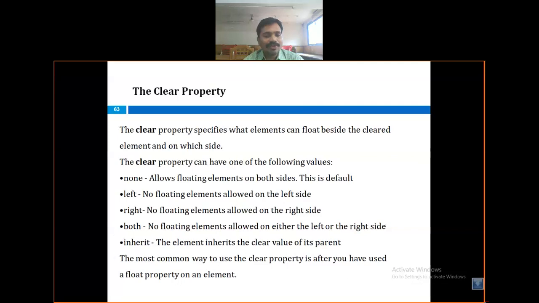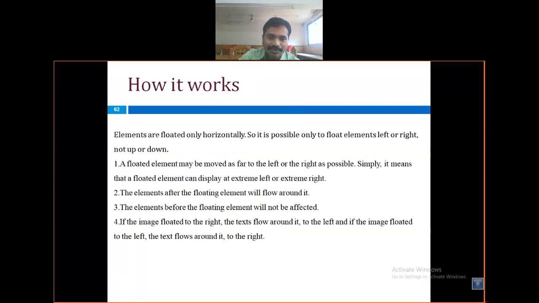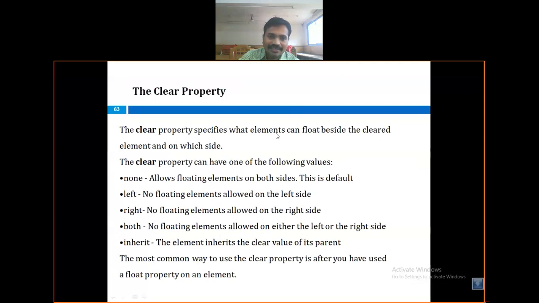The most common way to use the clear property is after you have used a float property on an element. So when you have used the previous property and you have to clear something, at that time you can use clear. Otherwise it is not required; the clear property is used only rarely.